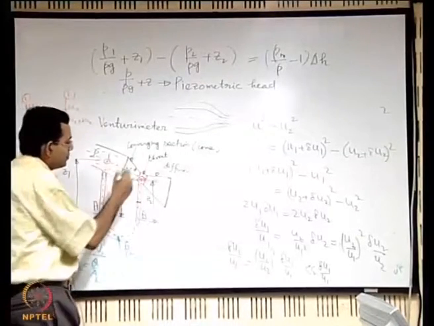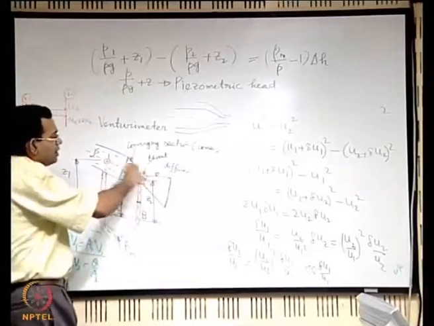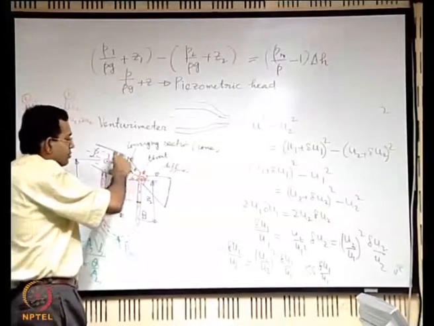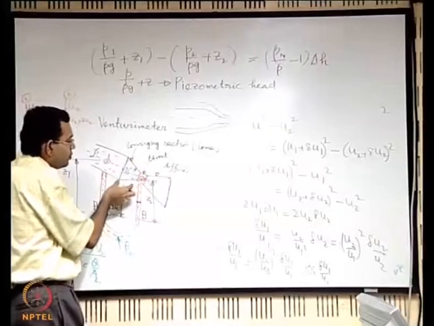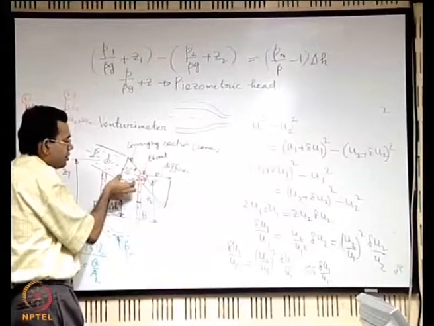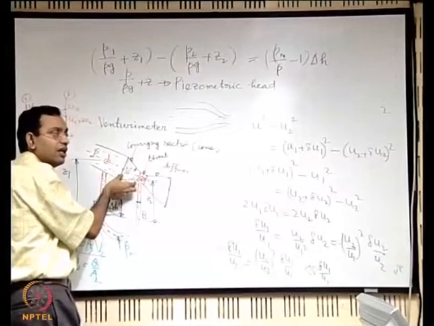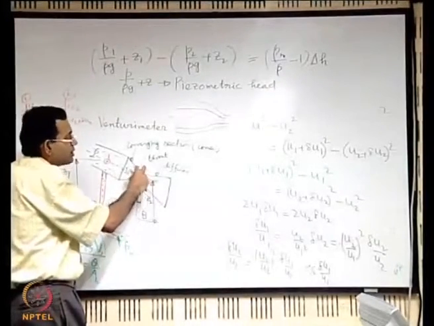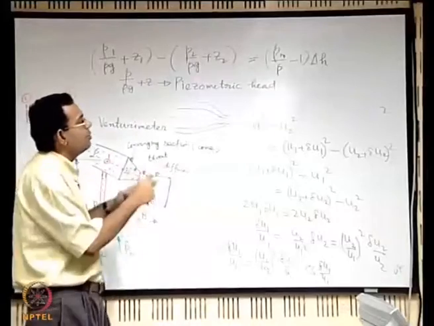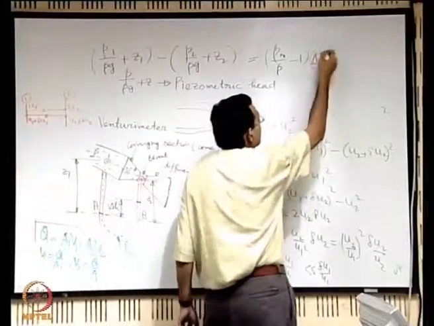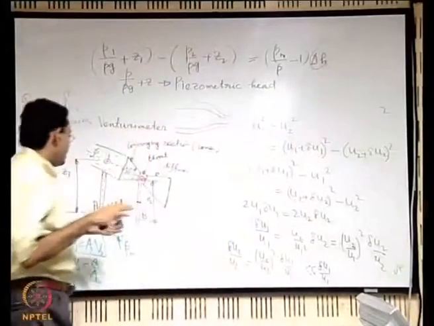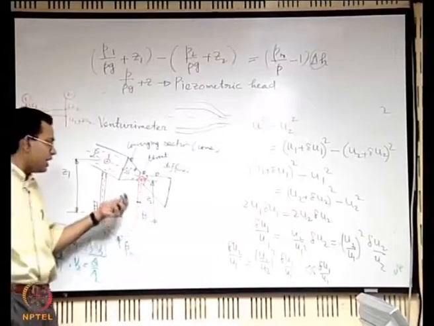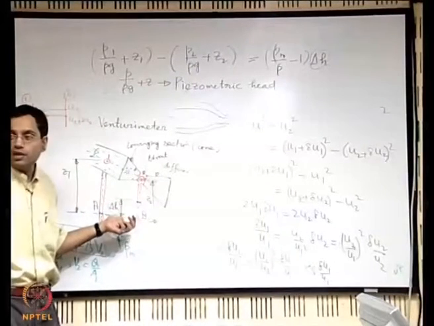So one is here, then this is roughly like 20 degree, and this creates a good accelerated flow. If you achieve it in a very short distance, it is good, you have less frictional resistance, and the smaller the cross section, you expect that more will be your resolution in terms of this delta H. So the experimental objective is the delta H: if the delta H is more, it is better, because that